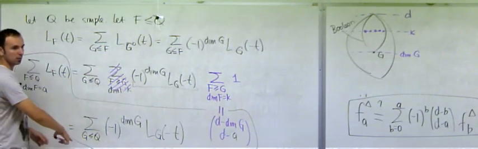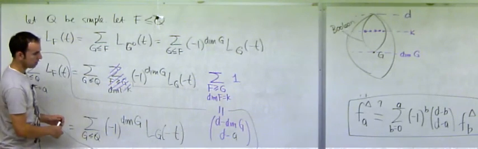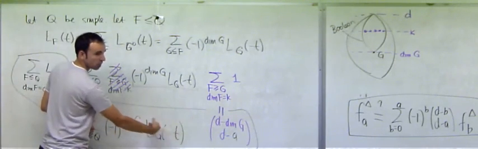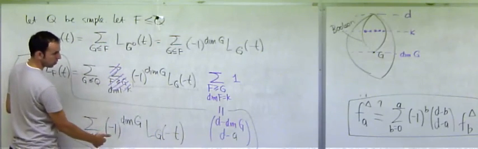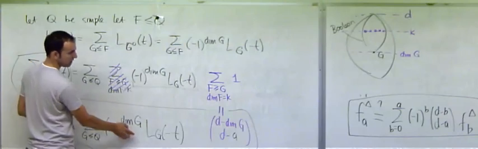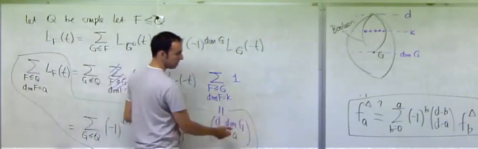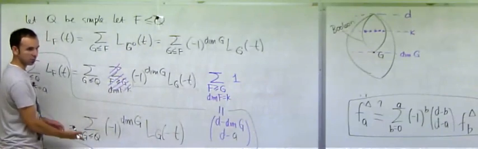And if I look here, and I take the independent coefficient, then the independent coefficient here is a 1. And then what I have to do is sum over the faces of dimension b, and I get minus 1 to the b, d minus b choose d minus a, and I get that term f sub b times